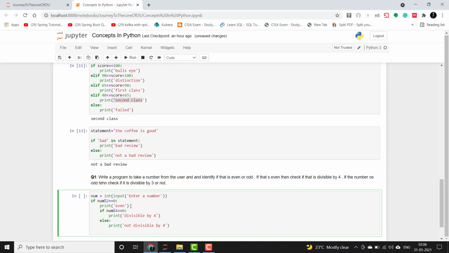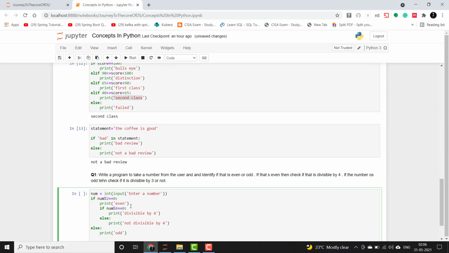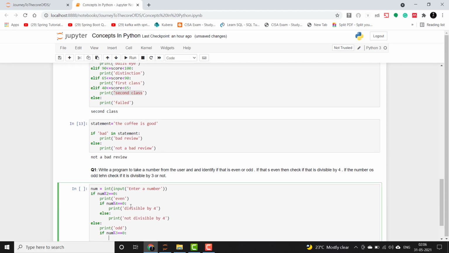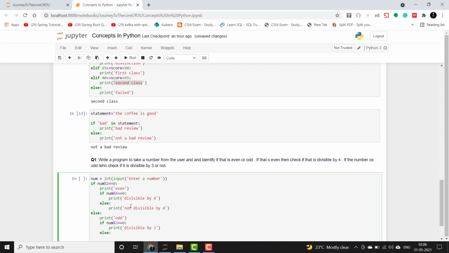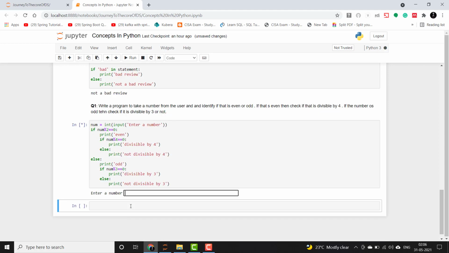Okay, now if the number is odd, that comes in else, then we will simply print odd, and we will check if the number is divisible by 3. Okay, if that is the case, then we will say that divisible by 3, or else we'll say print not divisible by 3.